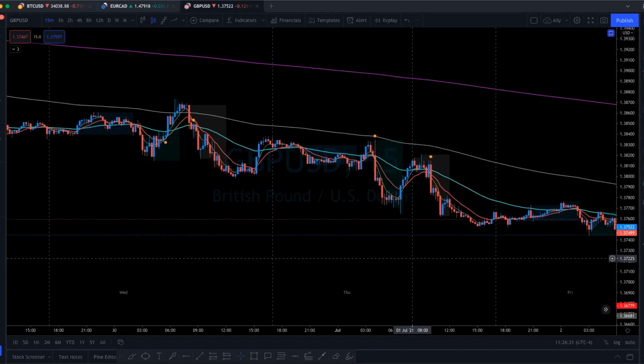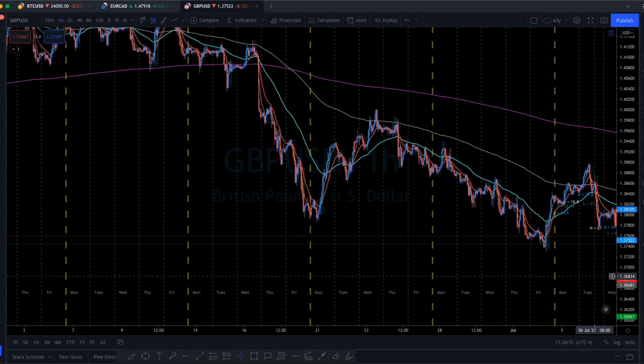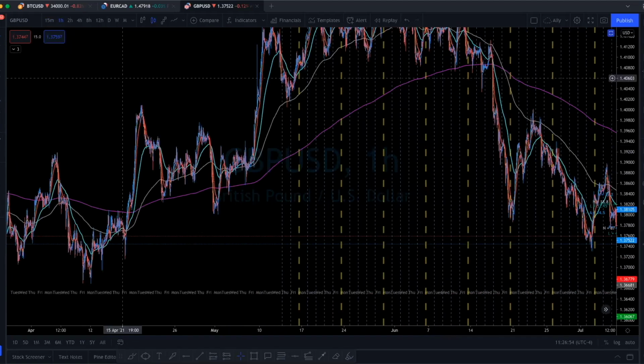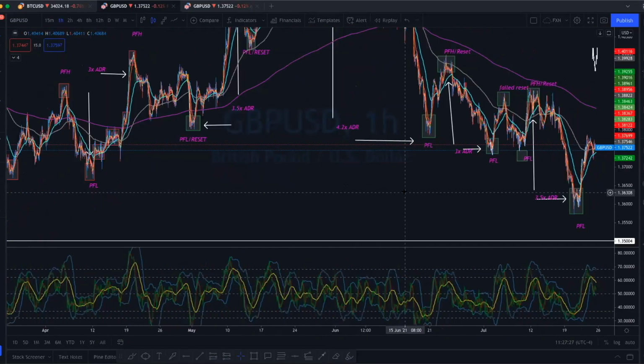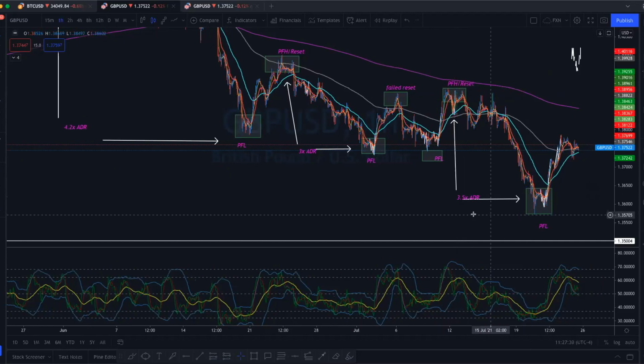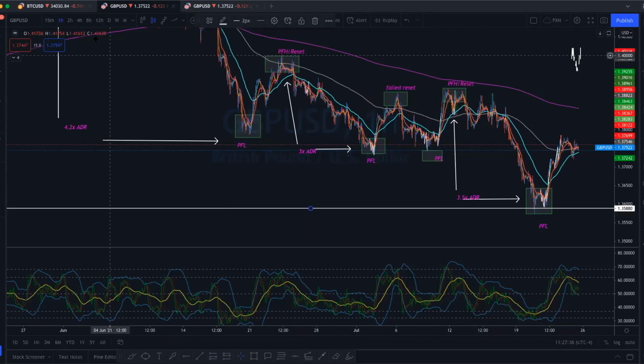The reason that you're using ADR is you're trying to project out how far price is going to go before you get some type of reversal. If you can project out 3 times ADR, you're thinking that price action should go somewhere in this area before you get some kind of reversal. And if you can match that 3 times ADR with previous structure, let's just say you map out the 3 times ADR from this reset down, and we move this line up just to see where it's at here,